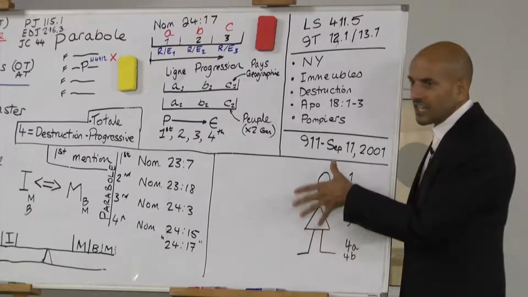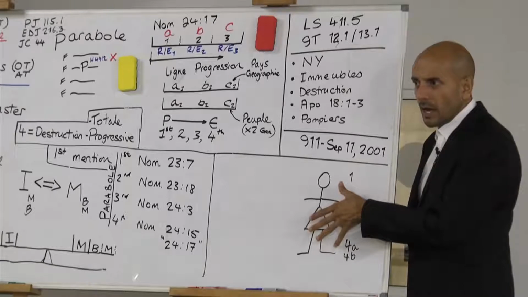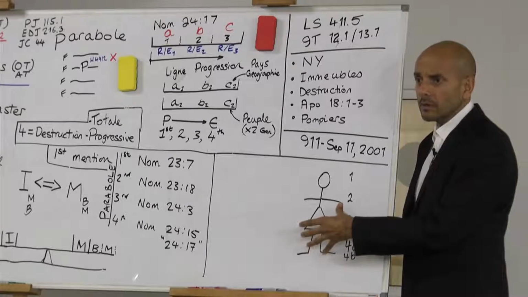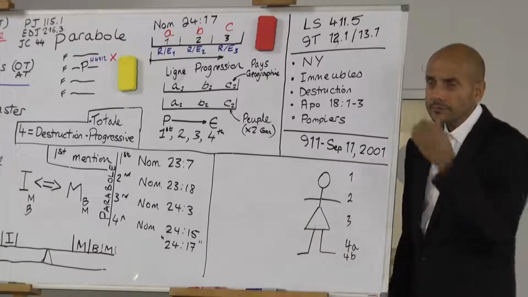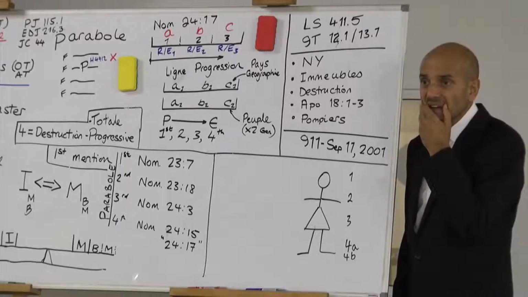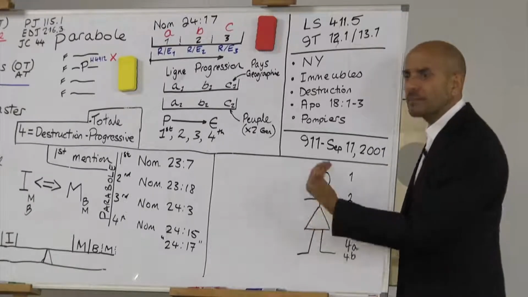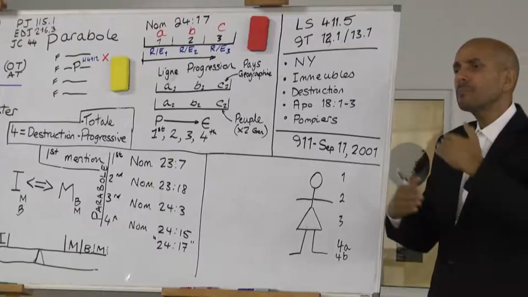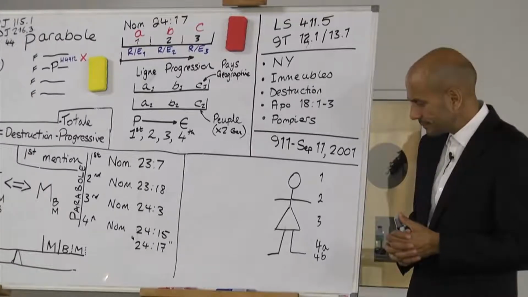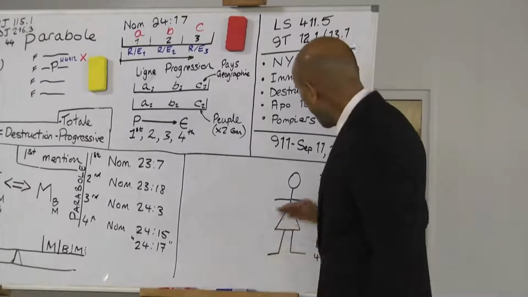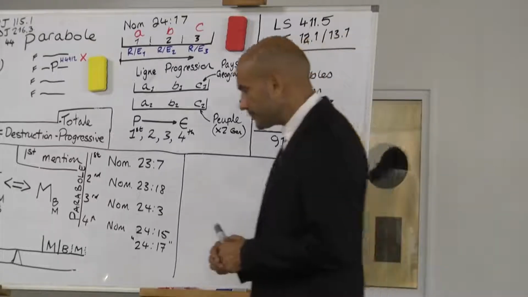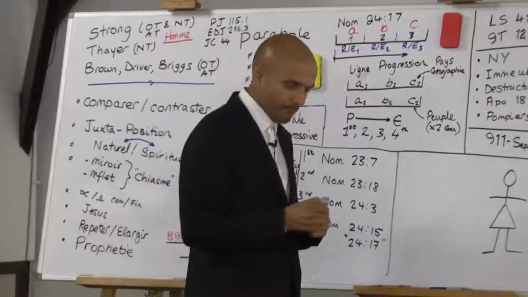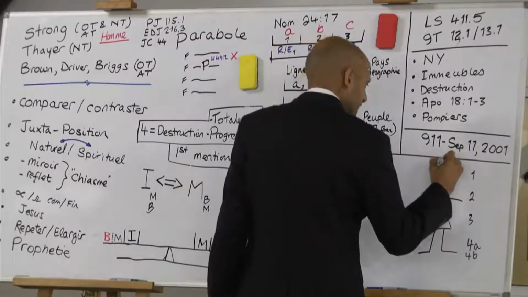So not only is the statue a parable, because this is natural, describing something spiritual, but the natural itself is going to be repeated. It repeats and repeats over itself. So we've looked at the statue. We'll call this statue a kingdom.